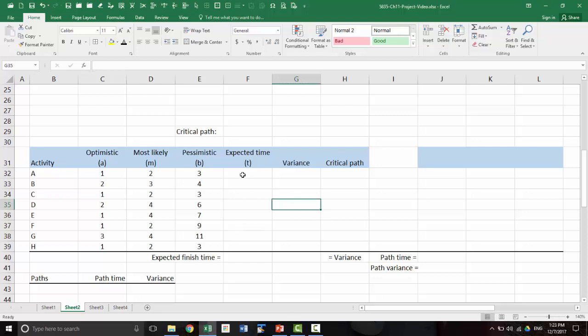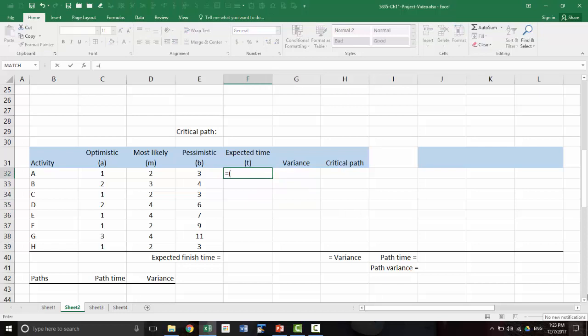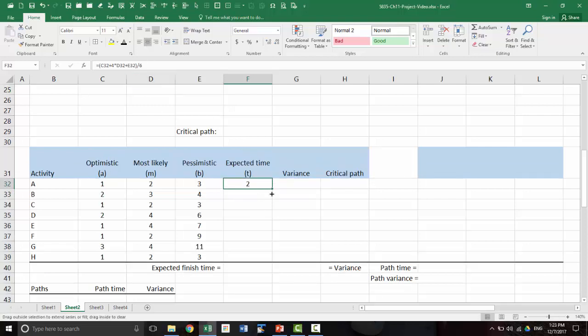Then expected time is a plus 4m plus b, so the whole thing divided by 6. So that gives us the expected time. Let's enter that, copy that down up to here. So I'll put the bottom